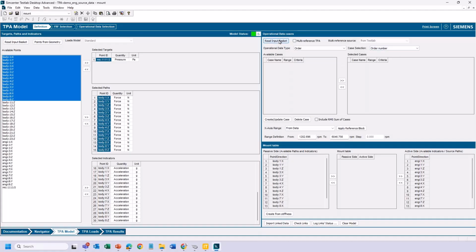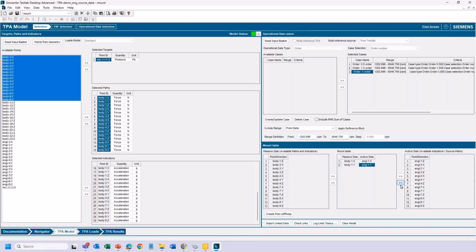Here you've got what type of operational forces. If I read the input basket, notice this time I have multiple orders that I could analyze. There was half order, 1.5 order, third order data there. And then here you can have some fun. You can say, okay, I got a body side location for my passive data, and then I need to assign it one of these active sides. In fact, the names don't match because one's body, one's engine,